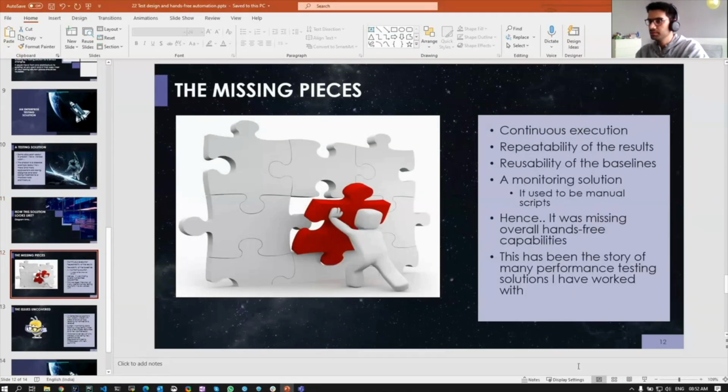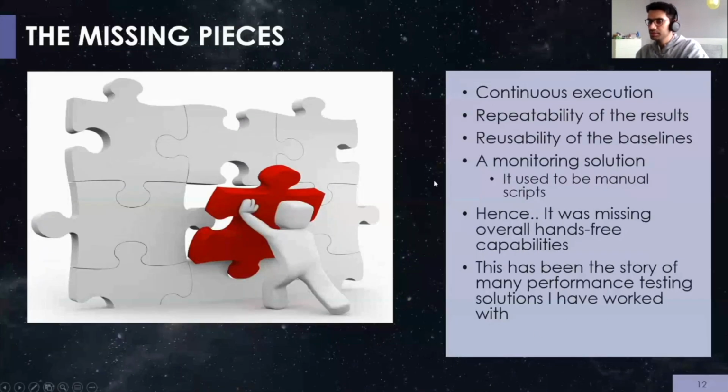This is the missing pieces that I was talking about. There was no continuous execution, and the results were not repeatable. I'm talking about this because I have worked on several performance projects, and people get started on performance projects, but the big problem that they face quite a lot of times is these missing pieces. They don't get full value out of their solutions because of these small things. Small things matter. Reusability of the baselines. What I mean by that is,